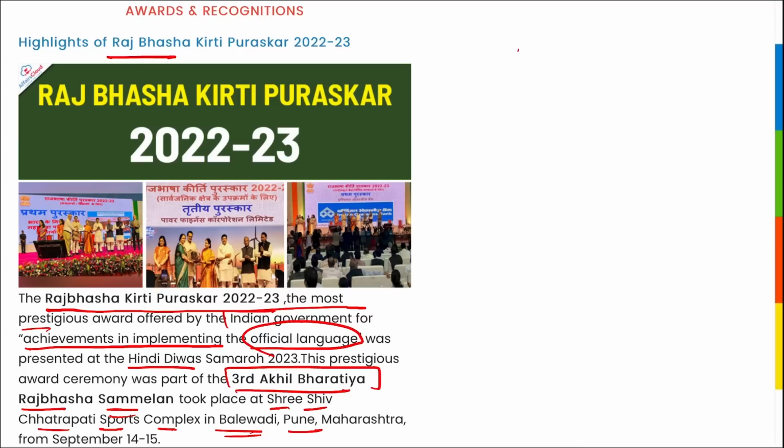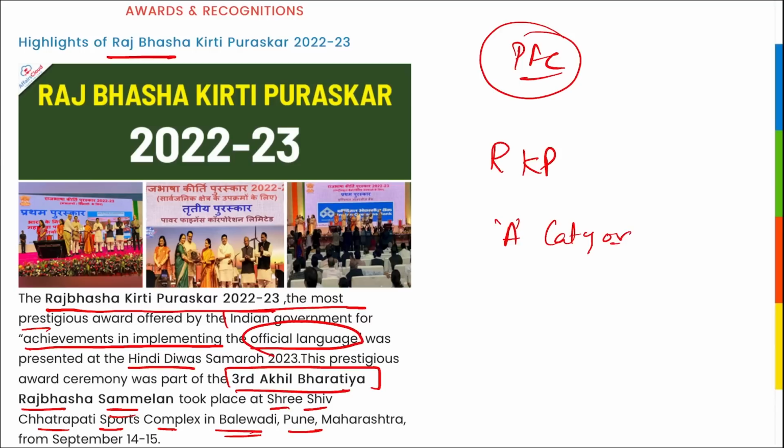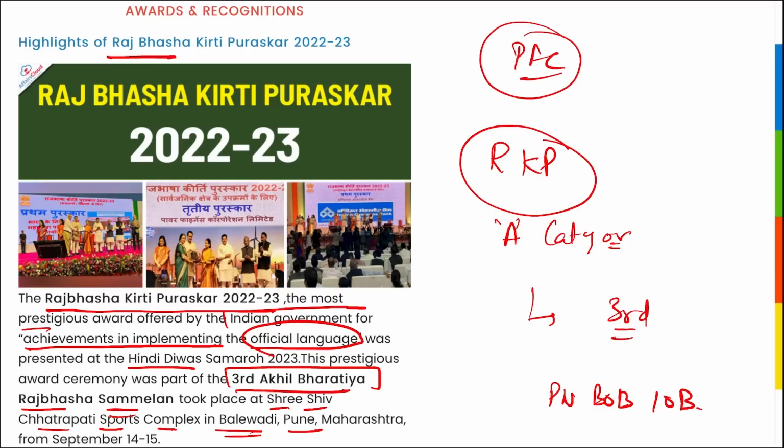and here PFC, Power Finance Corporation, received the prestigious Rajbhasha Kirti Puraskar in the A category, right? And PFC secured the third position in this category, correct? Then banking institutions such as Punjab National Bank, Bank of Baroda, Indian Overseas Bank, Central Bank of India, UCO Bank, Bank of Maharashtra have also been recognized in different categories. But remember here in A category it was your PFC that received the award and they secured third position in